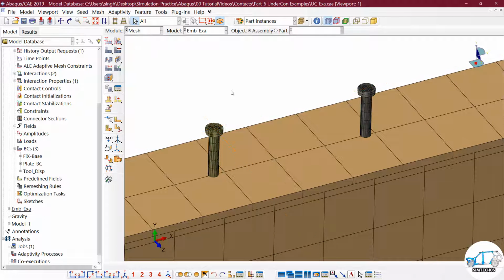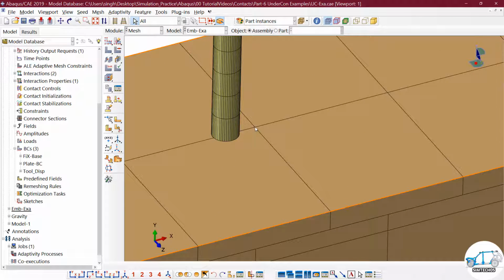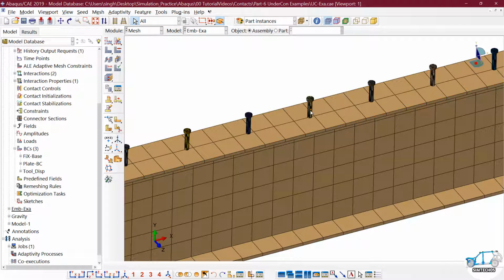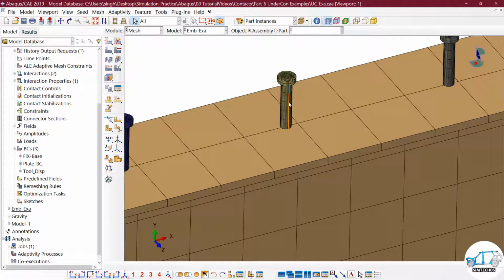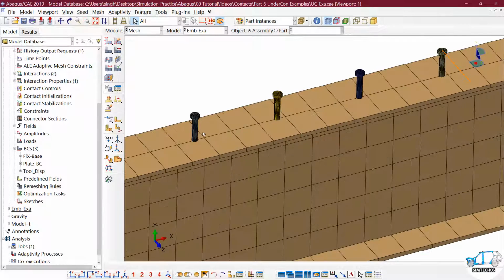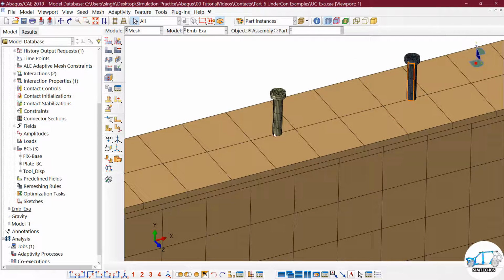See, the element node for the beam component exists here, and the element node for the stud component exists within this particular circular area. It may be possible that the defined tie connection does not exist within this tolerance, and this component will be able to move freely in space, and again it will create an under-constraint problem. Similarly this component, similarly this component, similarly this component, all these studs may create a problem of under-constraint.